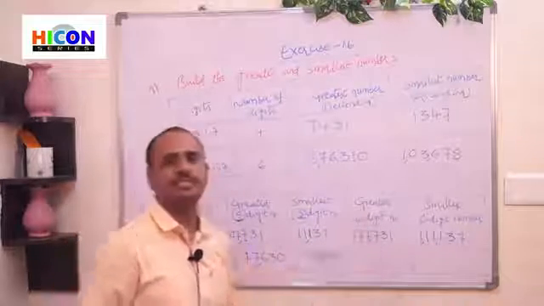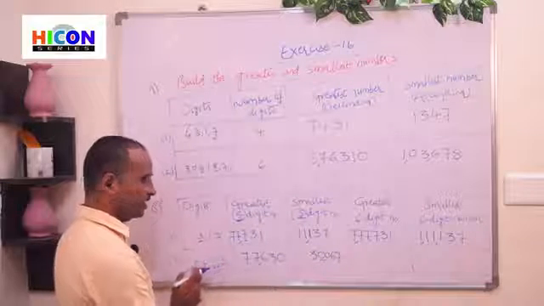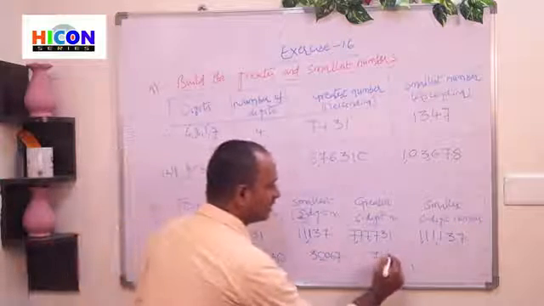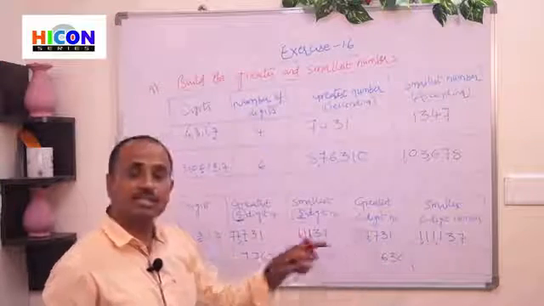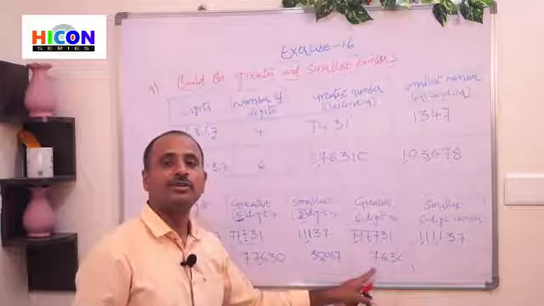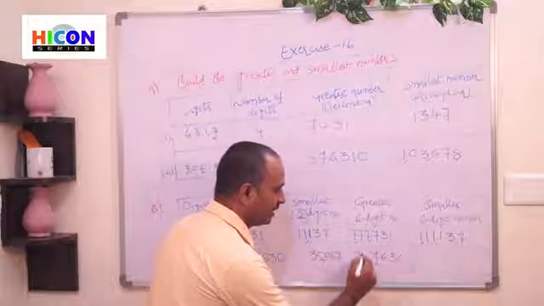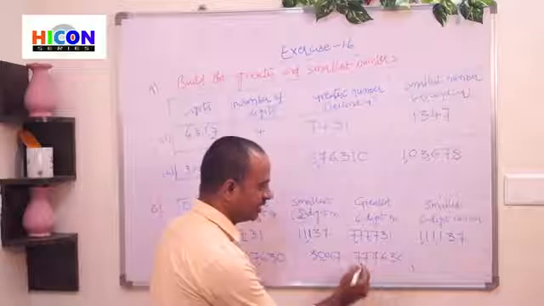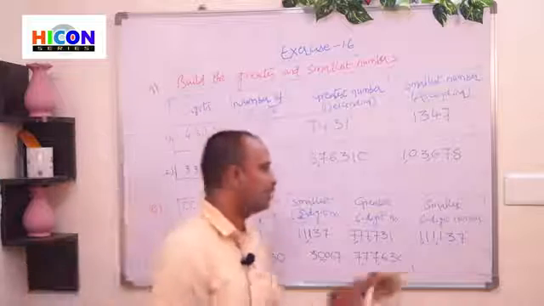Next, the greatest 6-digit number. So write the given digits in descending order first. If you write the given digits in descending order, we will get 7, 6, 3, 0. So children, this is the greatest 4-digit number, but we require a 6-digit number. So we want 2 more digits. But there are only 4 digits. So repeat the greatest digit 2 times. Here the greatest digit is 7. So repeat the greatest digit 7 two times at its left side. So now it becomes a 6-digit number and the number is 777,630.